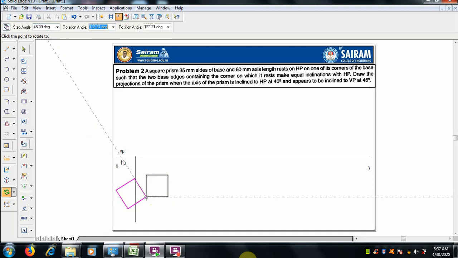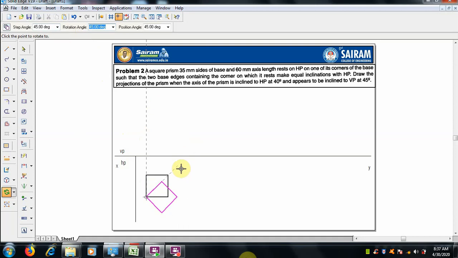So you need not make an angle also. Because the prism rests on a corner, we have to rotate, select this point, like a 45 degree line.